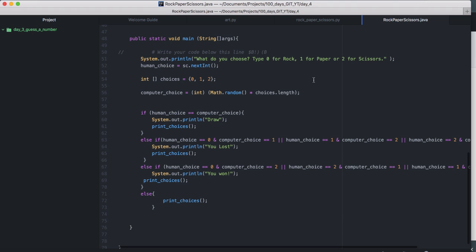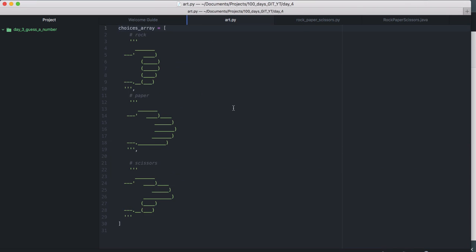So we have two languages now after having dropped out the JavaScript, right? After having dropped out JavaScript, we're back with just two languages, Python and Java. So you're gonna find that we have three files here: art.py, and you notice that they just kind of hand ASCII art stuff, and it has this array.